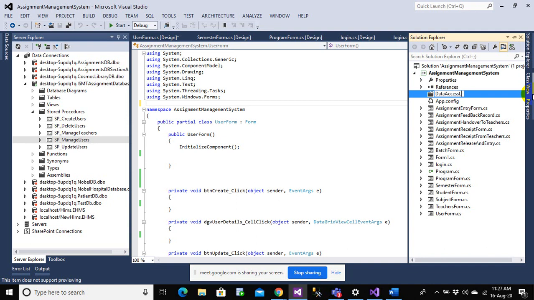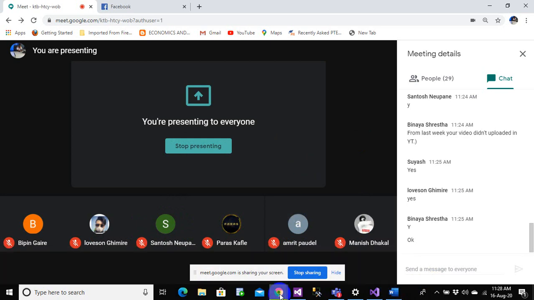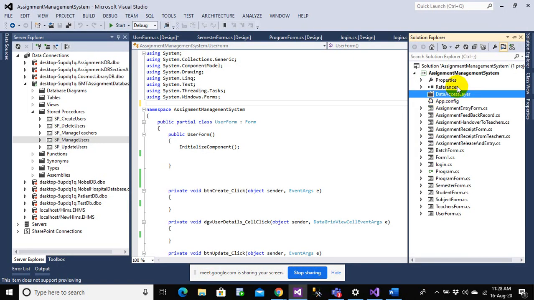I am not putting a space in the folder name. I just created a folder, DataAccessLayer. So all my classes will move into this folder. Whatever will be related to my database would move into this folder. So you have to remember, data access layer is the folder that I have created. You can name it whatever you want.